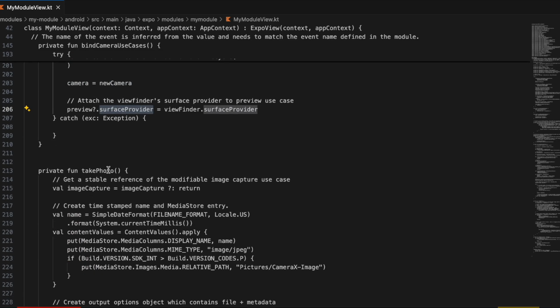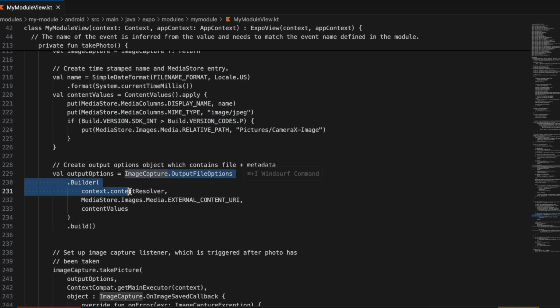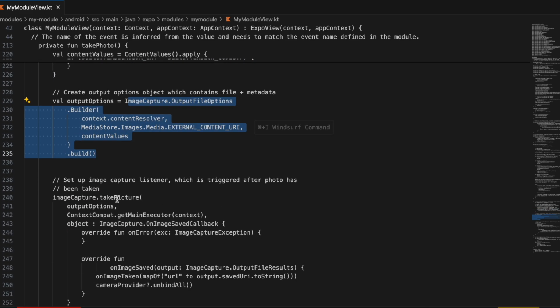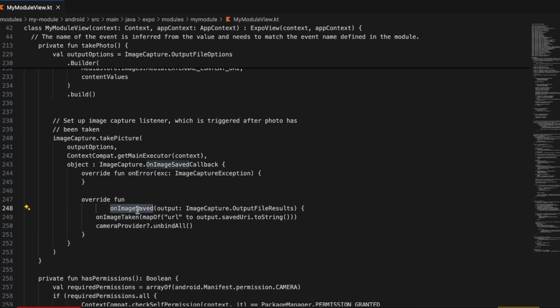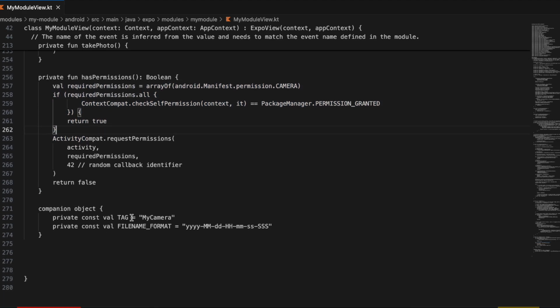Then here we have the takePhoto method, in which we get the image capture. Here we have this name of SimpleDateFormat. Then here we initialize content values and pass the display name, mime type, and if the Android version is greater than P, we also set the relative path. Then here we have the image capture output options as well. Then we take the picture and here we override onImageSaved. So once the image is saved, we get the URI of the image and we send it back to the React Native side with the help of this code. Then we unbind our camera provider. Then here is just checking whether we have the proper camera permissions or not,